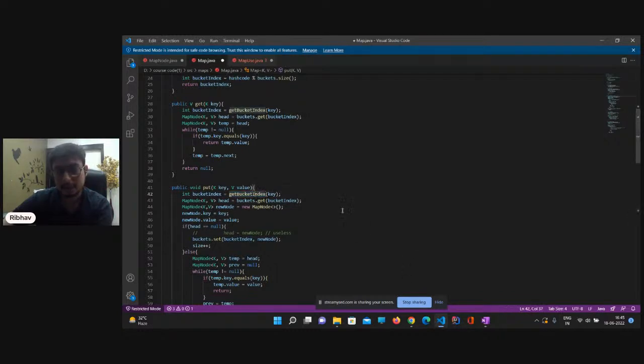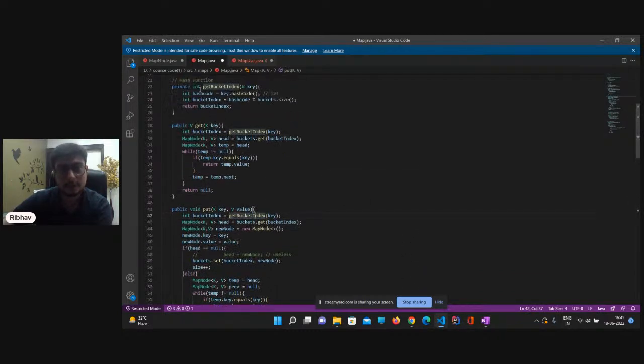How do I get the bucket index? By calculating the hash of the key. I had the string ABC, and to calculate the hash, we have the hashCode function, which is internally implemented in Java. So we calculate the hash of string ABC, and then we mod it with the size of buckets.